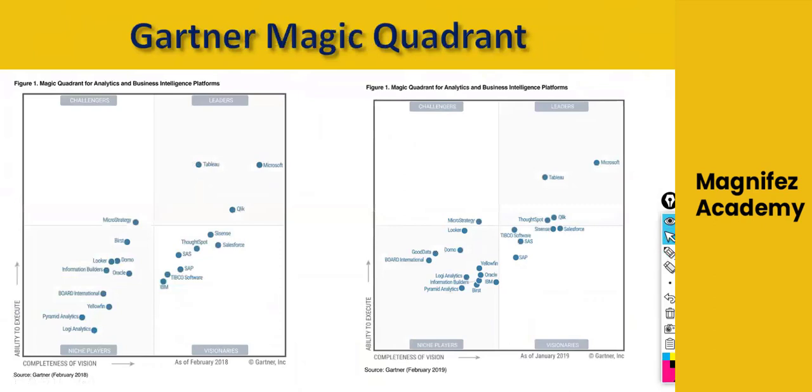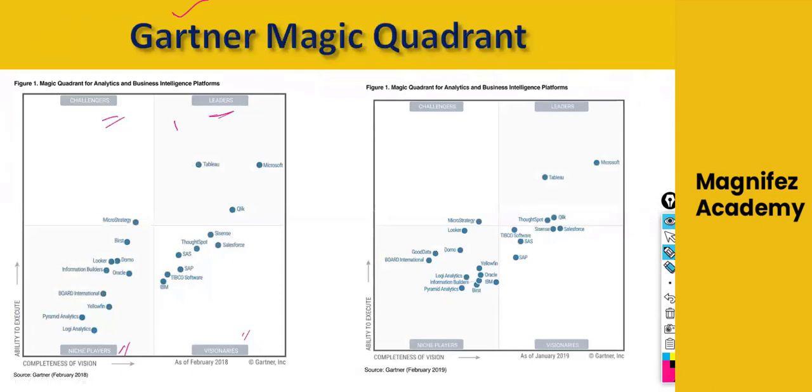Who is telling Tableau to stop? You and I don't make a difference. There should be some survey over the industry on how the industry is accepting the data tools, BI tools, and which tool is standing there. There is a survey that happens every year between January and February, by a company called Gartner. Gartner does a survey to understand the best leading tools available in the market and which tools the industry is adopting. They divide the data into leaders, challengers, niche players, and visionaries.